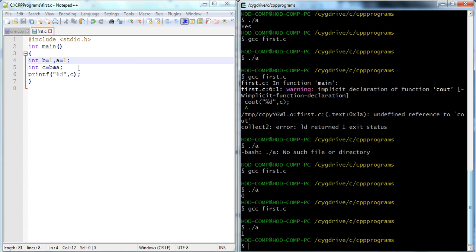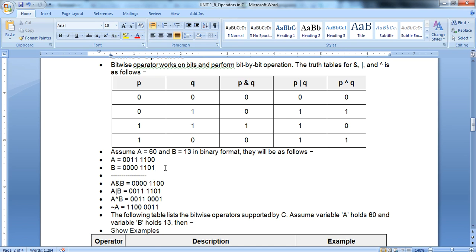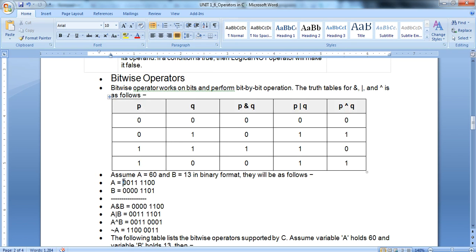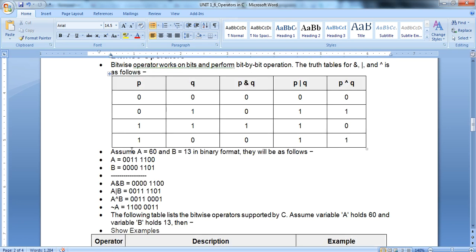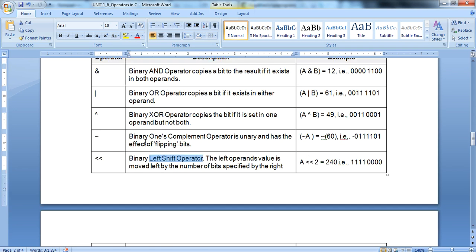It gives a 1. If we give a 0 as an input, then it again gives a 0 output, as in an ANDing process. You can use them separately. The double AND is a different thing and the single AND is a different thing, but the theory behind both is the same, right? But if you give the input in a binary format, then it gives a different output under the bitwise operator. Right. Then this one is simply the examples of the bitwise operators, like AND, OR, XOR, then the complement or ones complement, or the left shift operators, right?